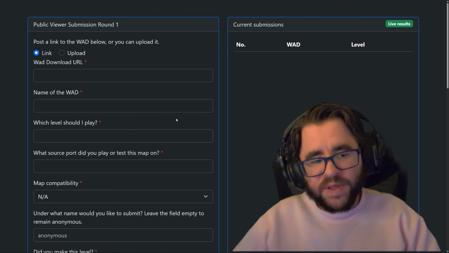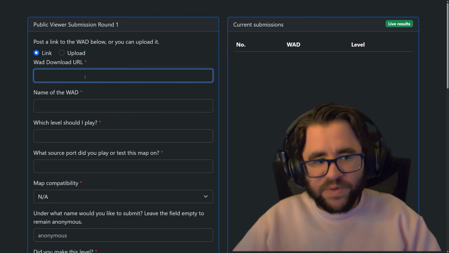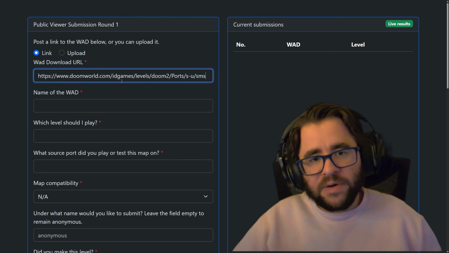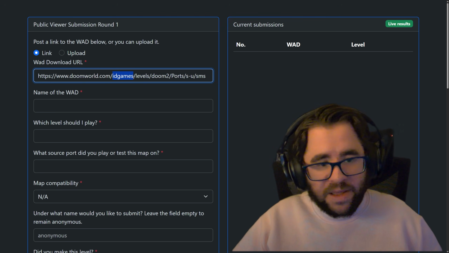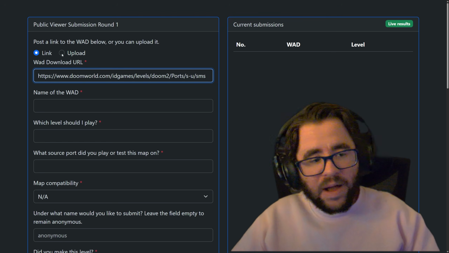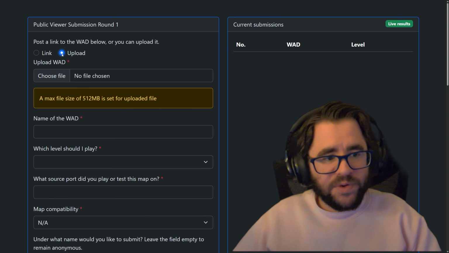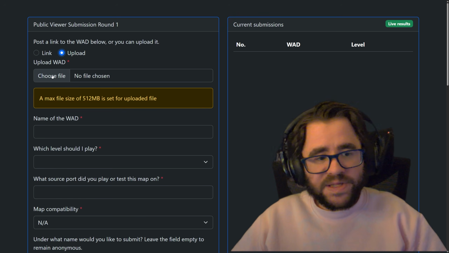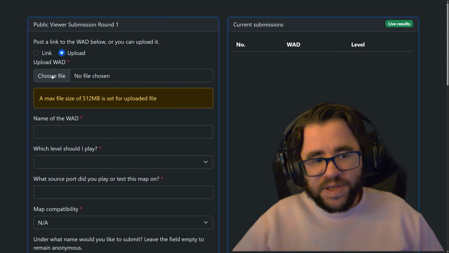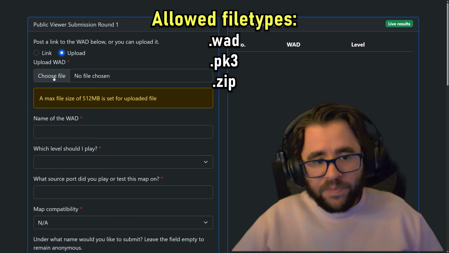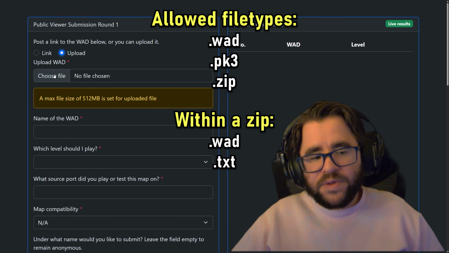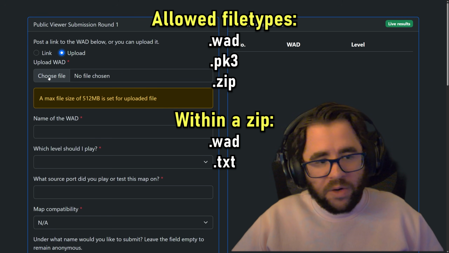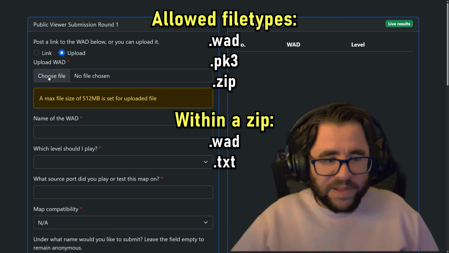If your suggested WAD is publicly available, you can enter the link to it right here. This is most likely going to be something on itch.io, it can be a Google Drive link, whatever. However, maybe you made the map yourself, you haven't published it, then you can also upload it yourself. It does need to be one of the following extensions, either .wad, .zip or .pk3. If you do upload a zip file, it will check only for either a WAD file within it or a